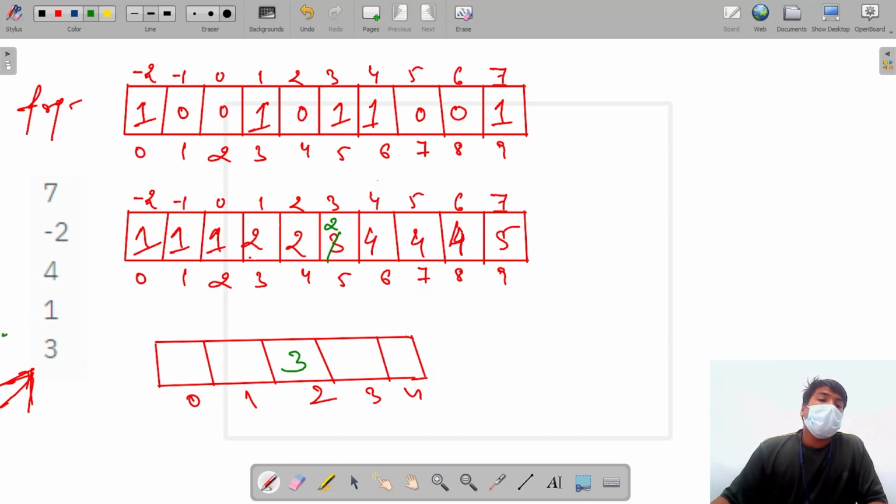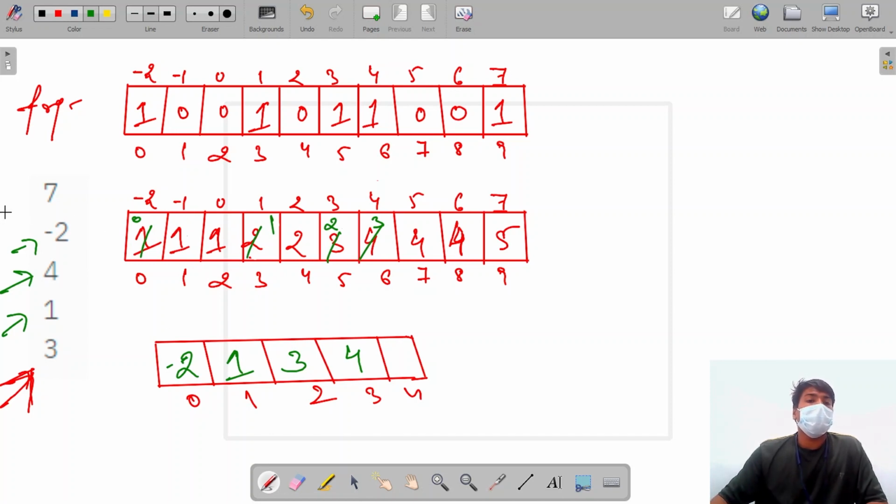Okay, now I went to 1. Go to the index of 1. 1 is at 3 index, right? Ask where should I dump it. It is saying position 2 means index 1. Index 1 dump 1. Okay, done with 1. Go to 4. One more thing, decrease it. Now 4 is at 6, right? It is saying position 4 means index 3. Index 3 dump 4 and decrease it. So now minus 2 saying 1 position, that means 0 index. Place minus 2 at 0 index, and decrease its prefix sum, that means here